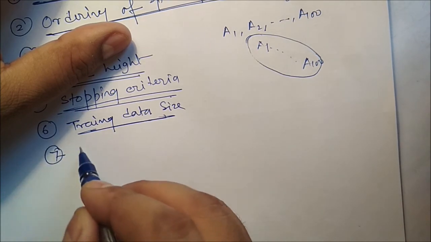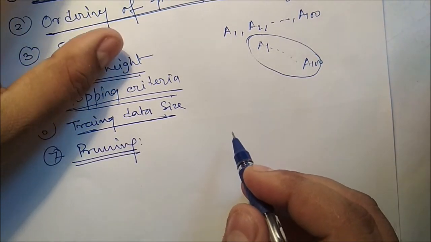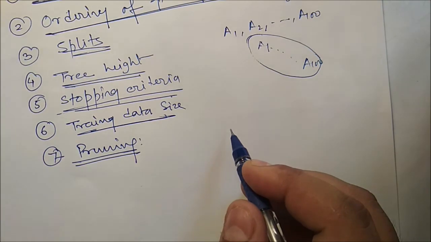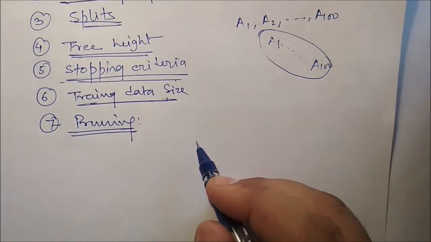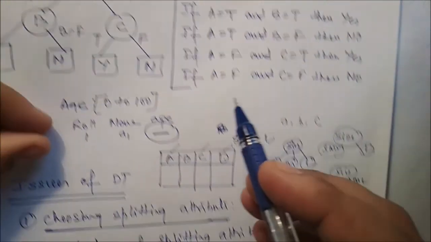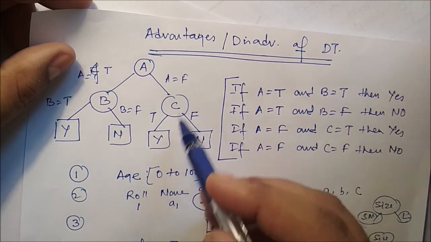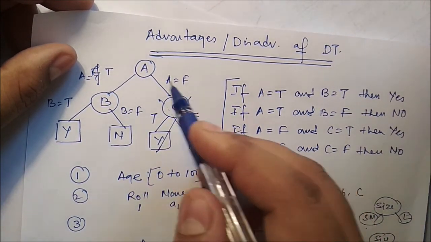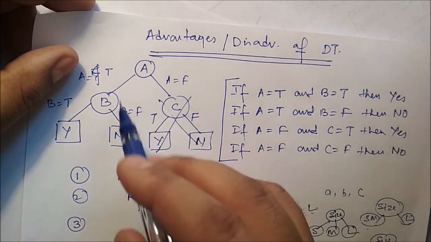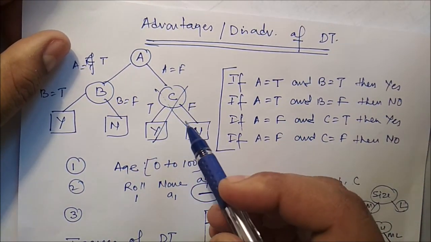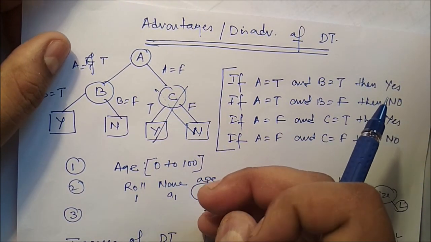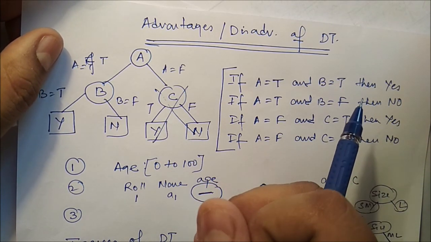Finally, we'll talk about pruning. Once a tree is constructed, some modification to the tree may be needed to improve the performance of the tree during the classification. So during classification we may reduce some tree, or we may cut some particular part, or we can add some particular part, or we can readjust or remodify the tree so that we can efficiently search any particular class level. This concept is called pruning.